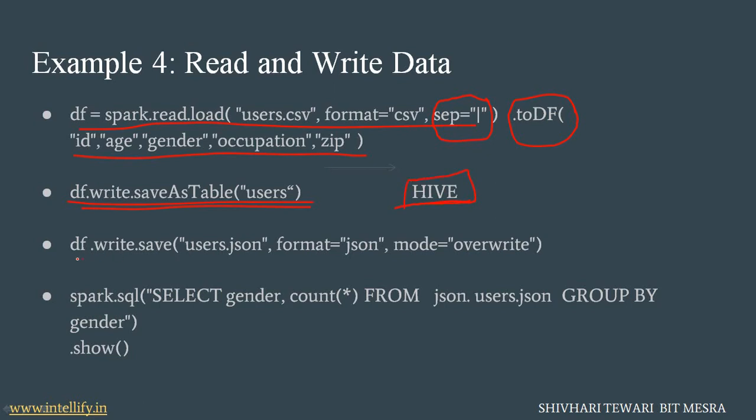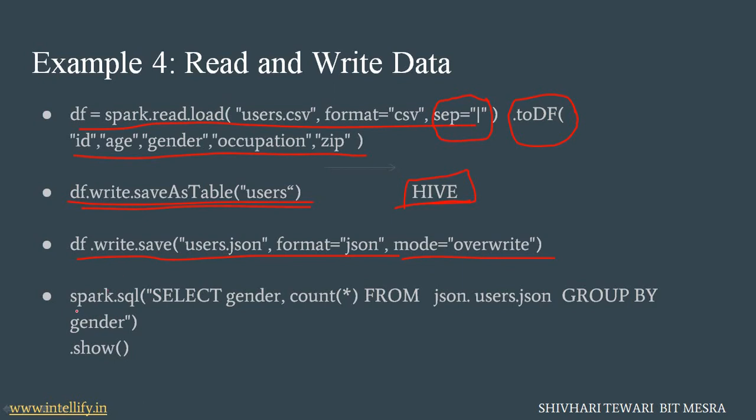Now df.write.save, where users.json format is the format of JSON query, then we will use mode overwrite. If there is a previously stored value of the same name with the same queries, or we can say the same tuples and attributes, then we will overwrite that value so that the redundant value can be removed from the